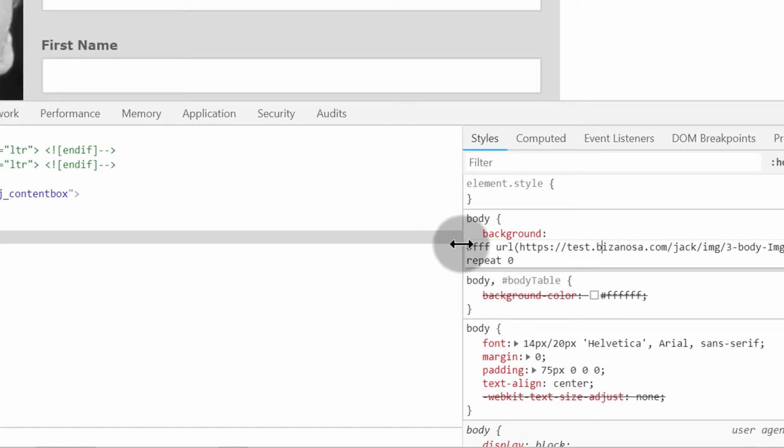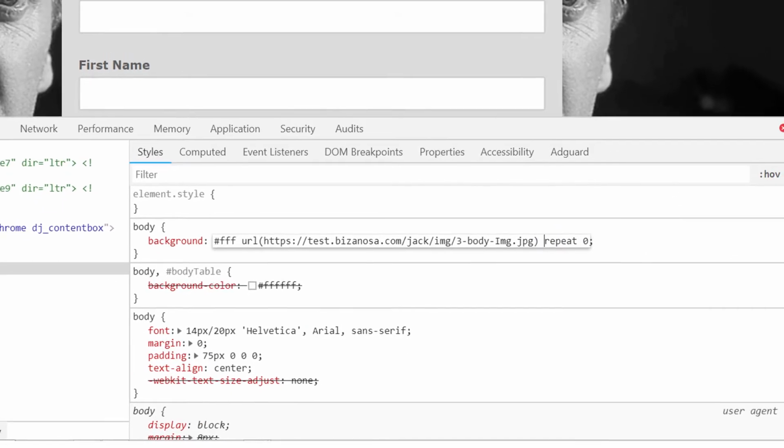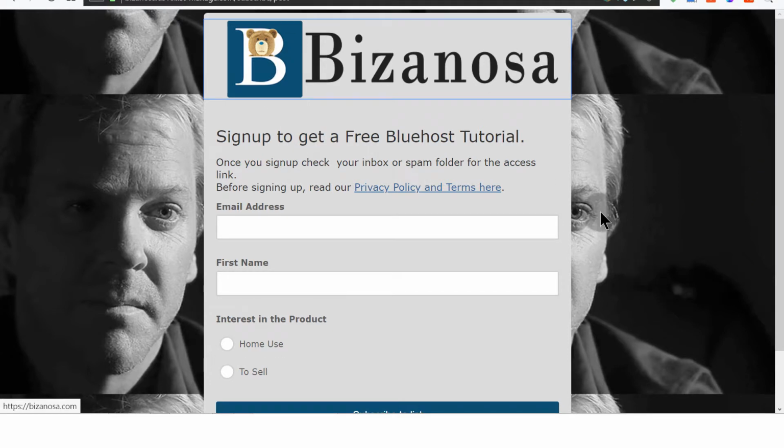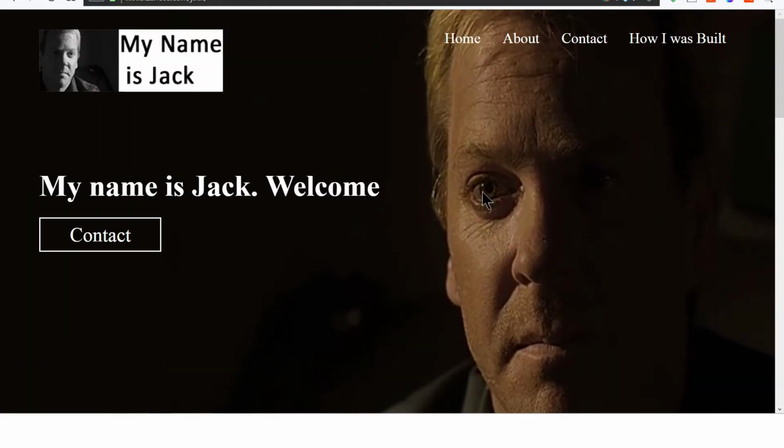If I make it repeat, it's going to repeat itself so that it can cover the entire width of our page. So if I make it repeat, you'll see that it will repeat itself until it covers the entire width of our page. But I can select the other image because I know this one is much wider,